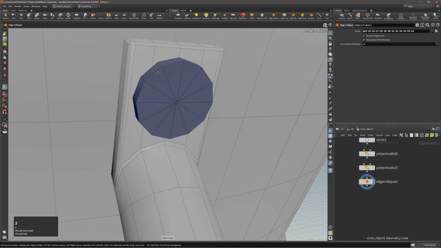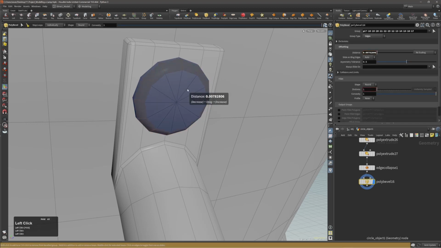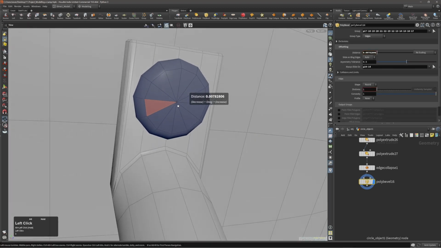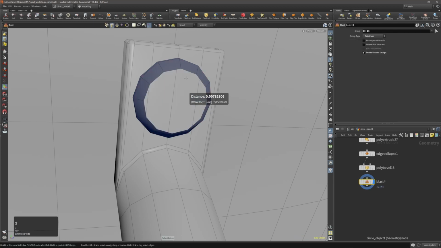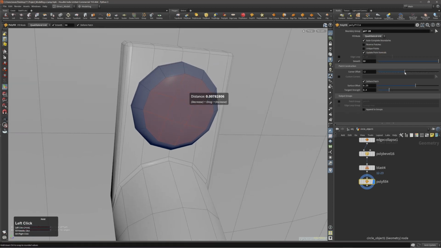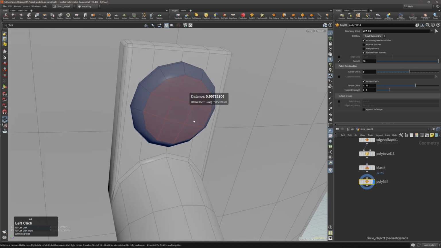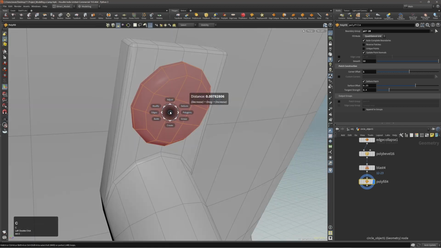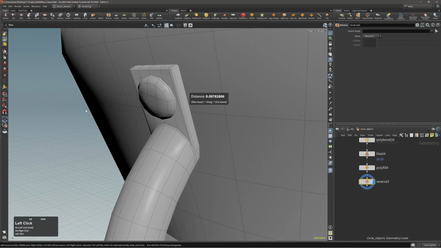And let's see. So this will not work. Maybe if I polyfill this. Not work either. So I'll just leave it here, reverse the normals, and you guys